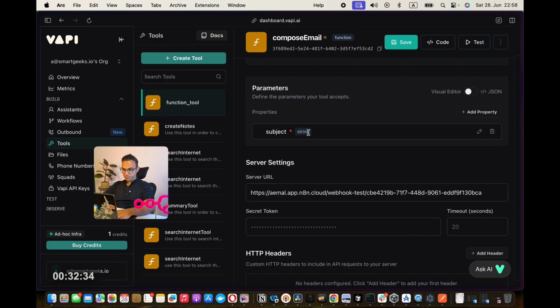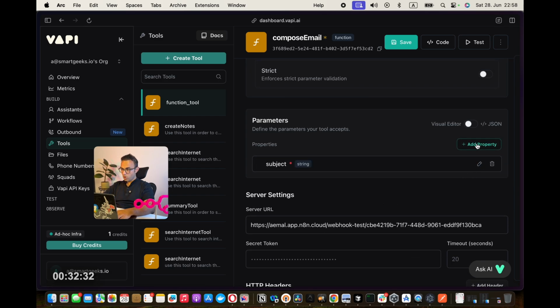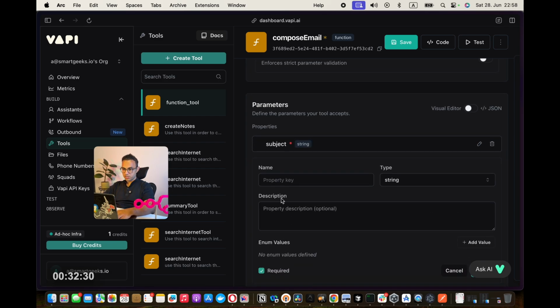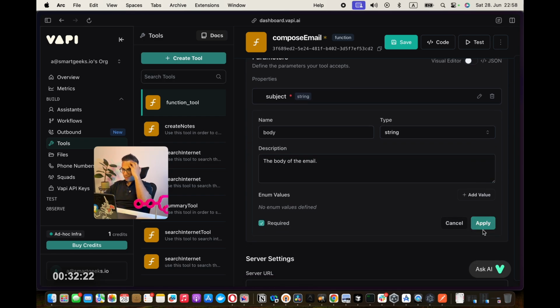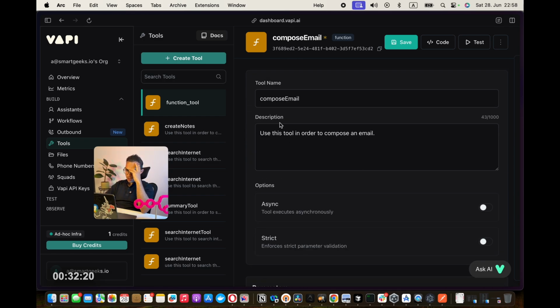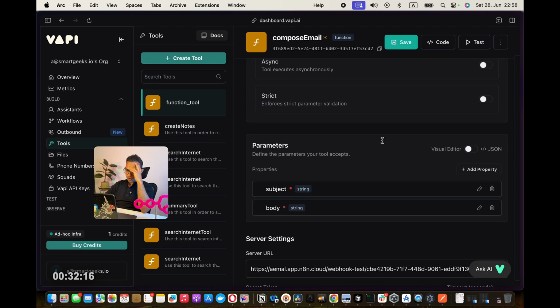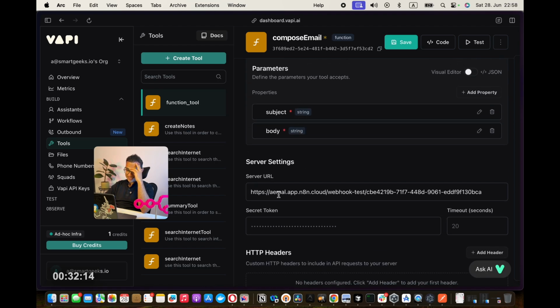Apply. I'm going to add one more required field, which is going to be the body. So body, the body of the email. Apply. So I created a compose email tool with some description and with some parameters.